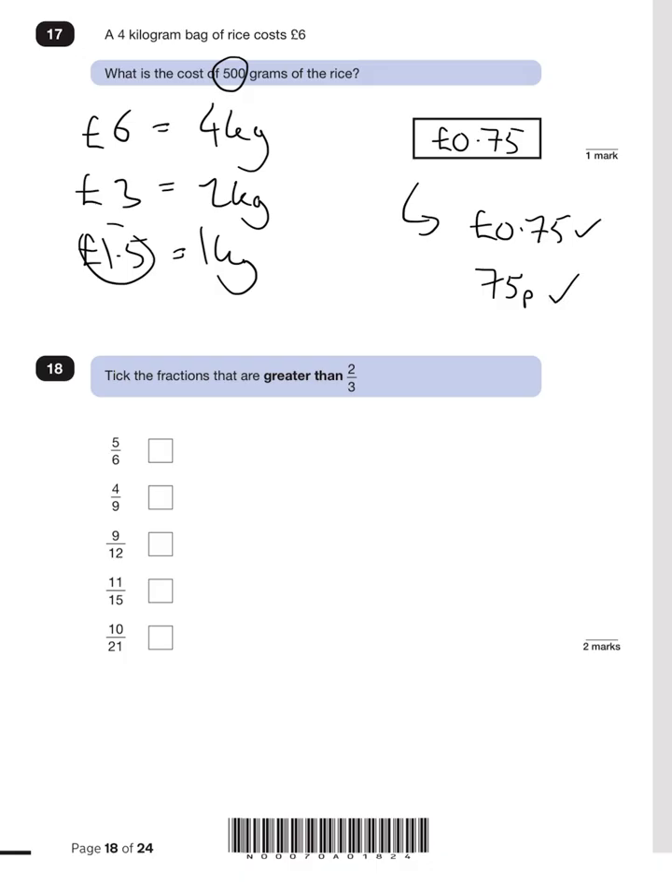Number 18. Take the fractions that are greater than 2/3. So we've got 5 over 6, 4 over 9, 9 over 12, 11 over 15, 10 over 21. So we can just convert them all to over 3. So 5 over 6 would equal 2.5 over 3. Is 2.5 more than 2? Yes. 4 over 9